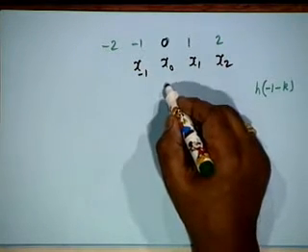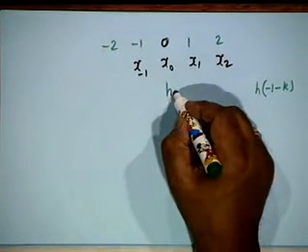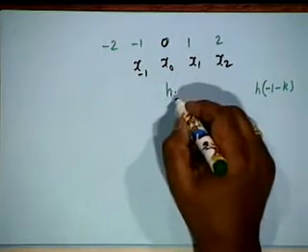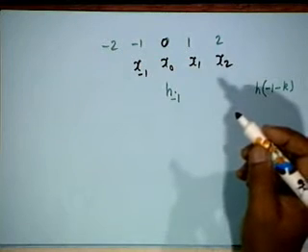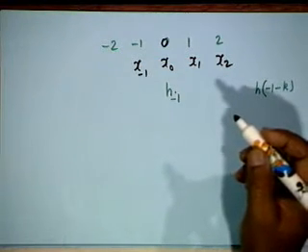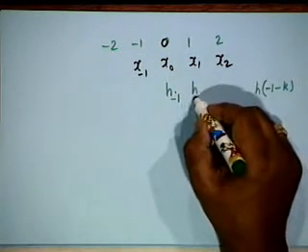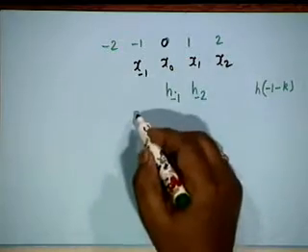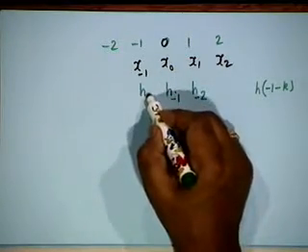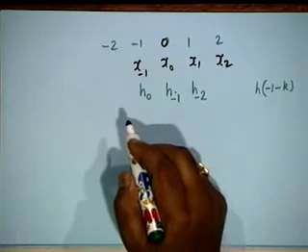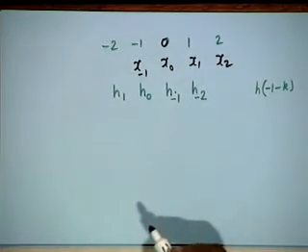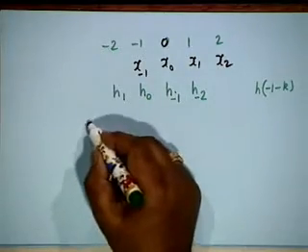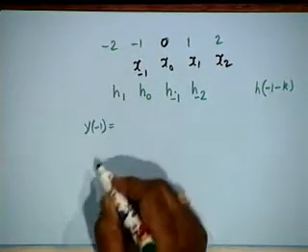Yes, at the 0th position it would be h minus 1, agreed. H minus 1 comes here. So, this will be h of minus 2, and therefore, this will be h 0, and this would be h 1, agreed. So, my y of minus 1 shall be equal to